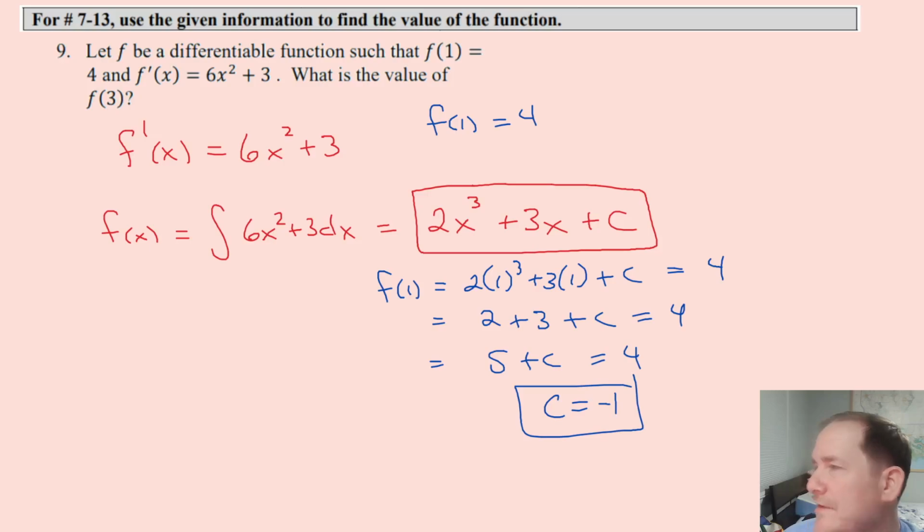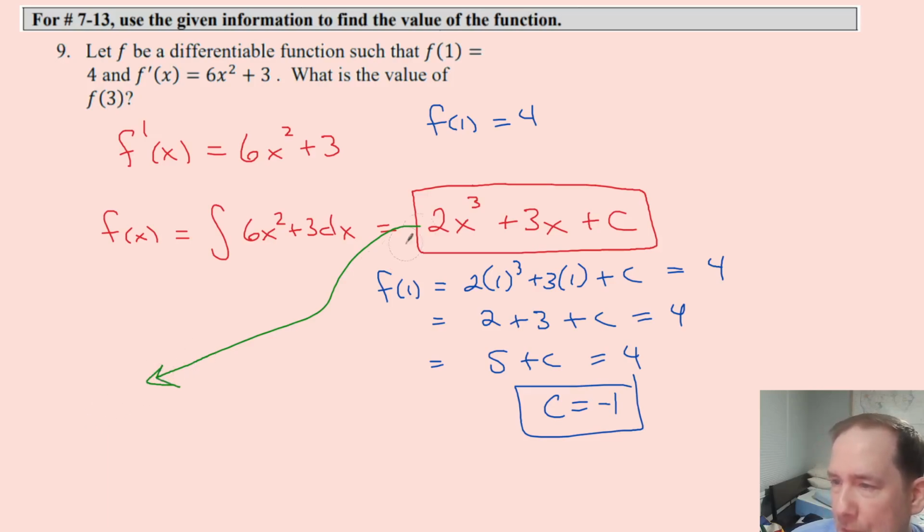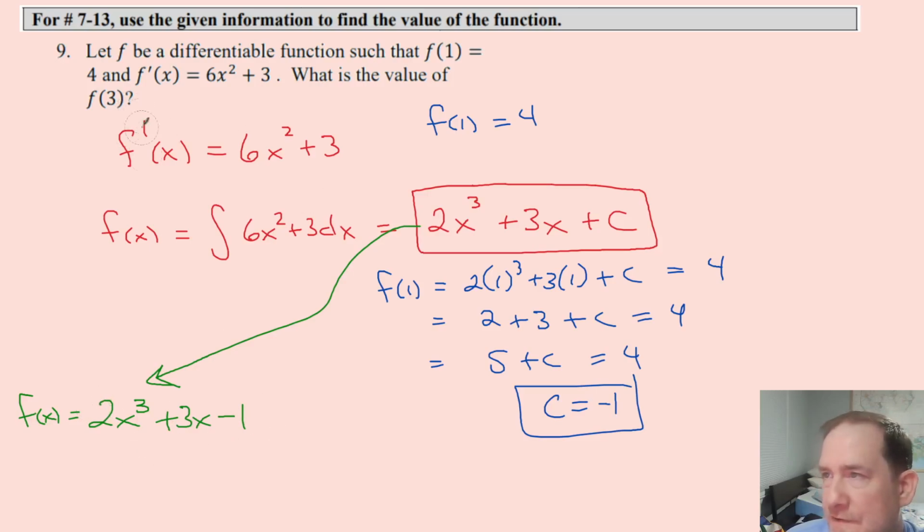So that means we can now take our general antiderivative and rewrite it as our specific antiderivative. Based on the context of this problem, we're getting 2x cubed plus 3x minus 1. And that's the real f of x for this problem. And all we got to do now is find f of 3. So f of 3 is nothing more than 2 times 3 cubed plus 3 times 3